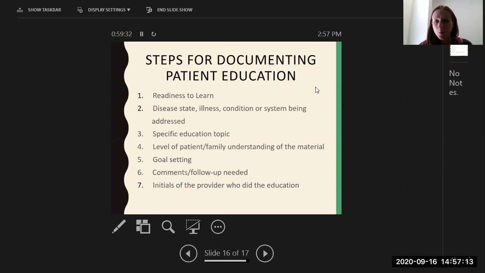Did you teach them what class of blood pressure medicine it was, or some of those side effects? The level of the patient and family understanding of the material. Did the patient state it? Did the patient teach it back to you? Did the patient demonstrate that they checked their pulse and they were within 5 beats or 2 beats of what you got? Documentation of goals